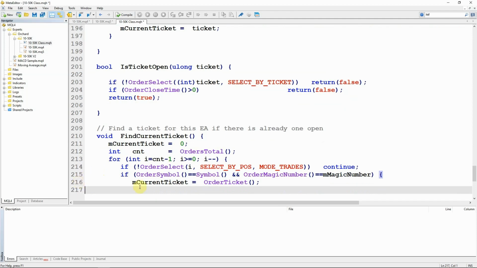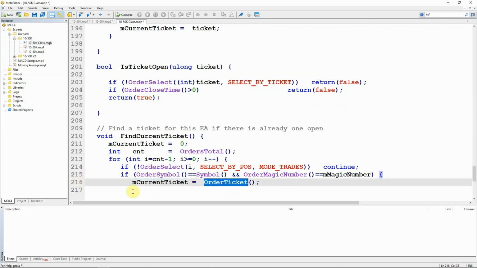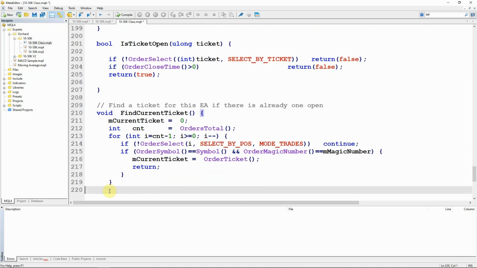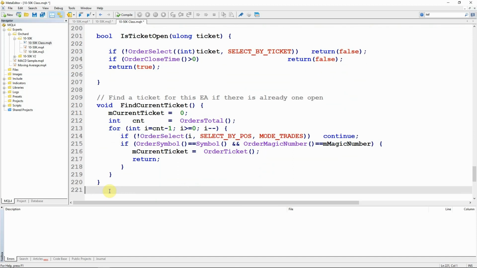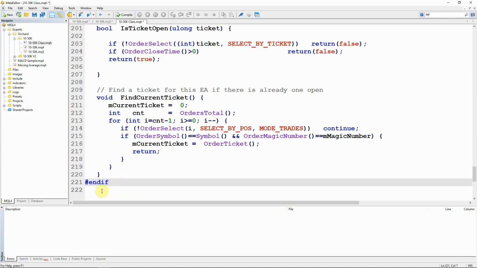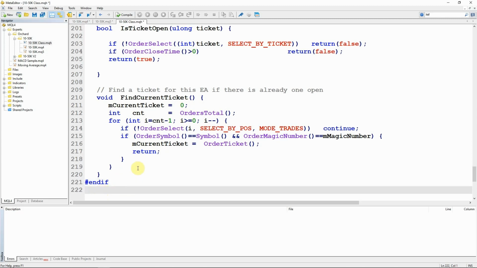And so I simply set the current ticket to the order ticket, and then I return. Otherwise it will loop through until we run out of orders. And because I've already set current ticket to 0, when this exits, current ticket is 0, and so I know that I haven't found a ticket. And that's the end of the Metatrader 4 specific functions.